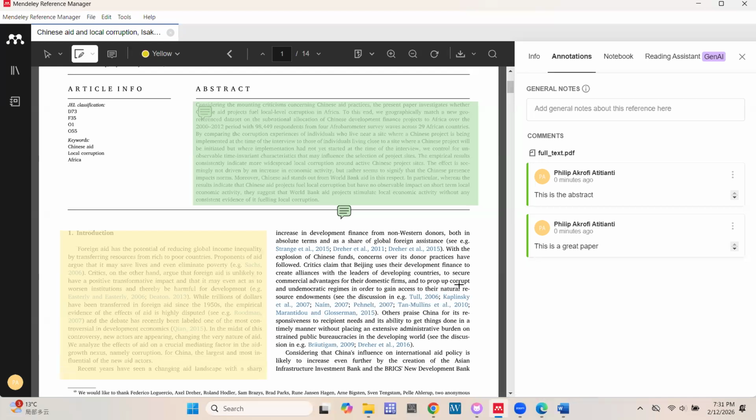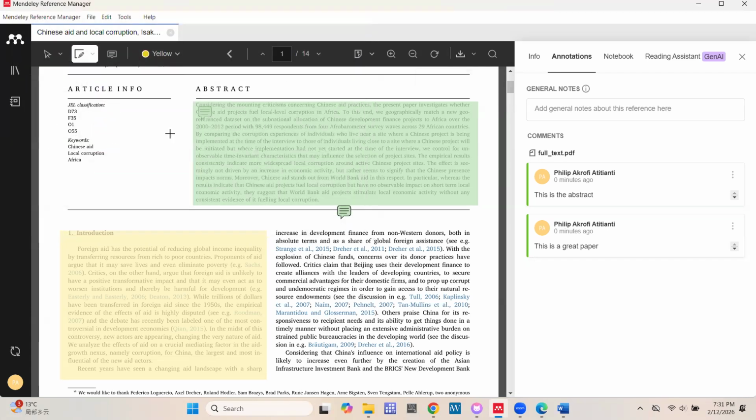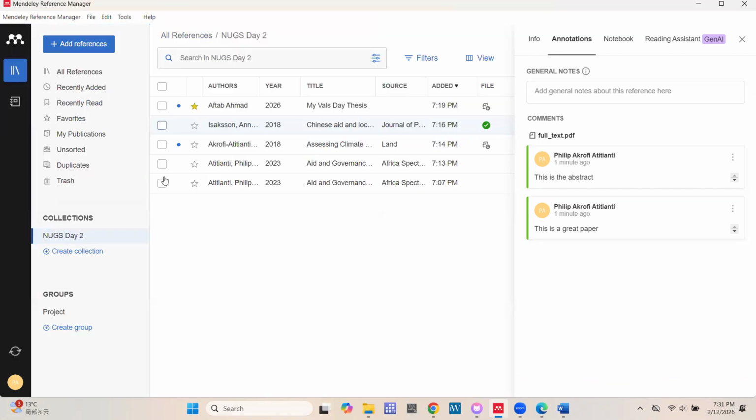And then you're able to come back and do whatever you want with this paper. You can download this paper with the annotations, and then you can use it for whatever it is. All right, so now let's go back to our library.